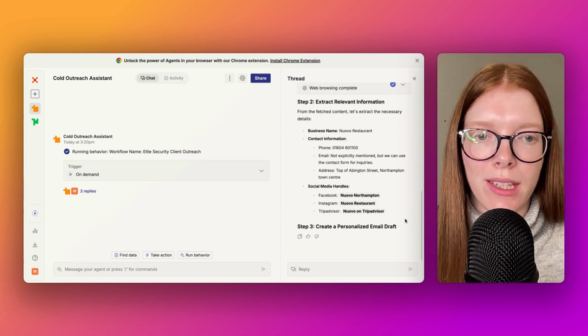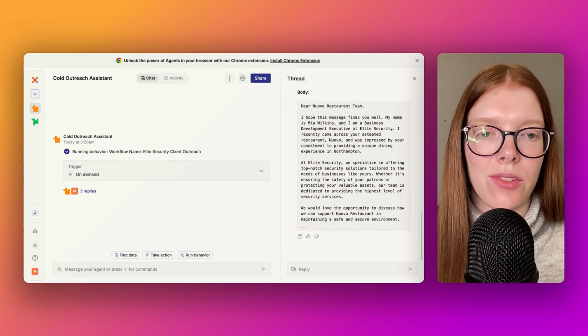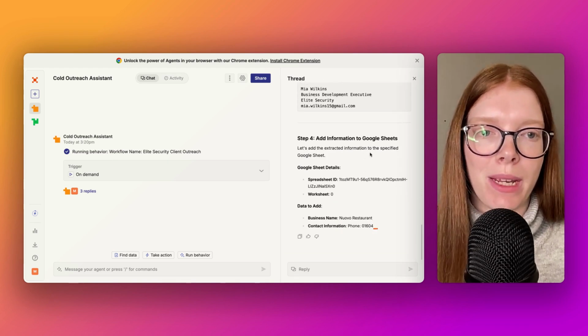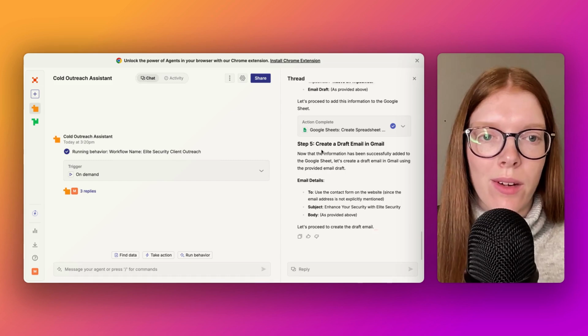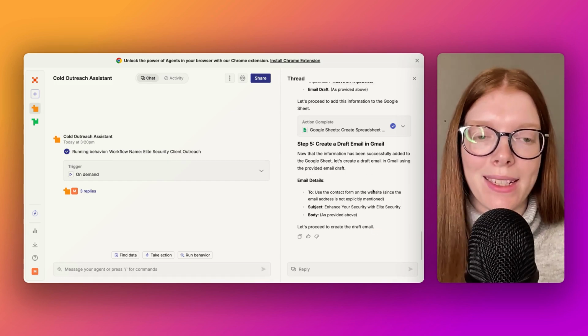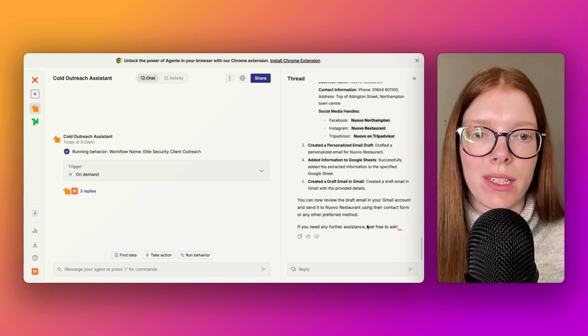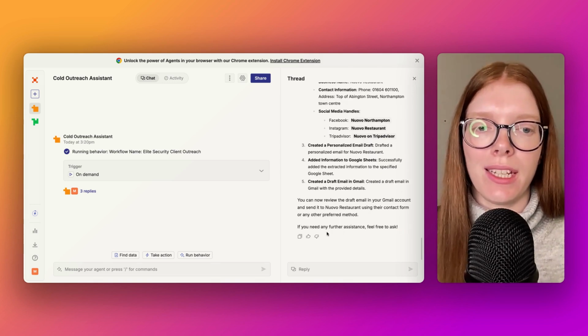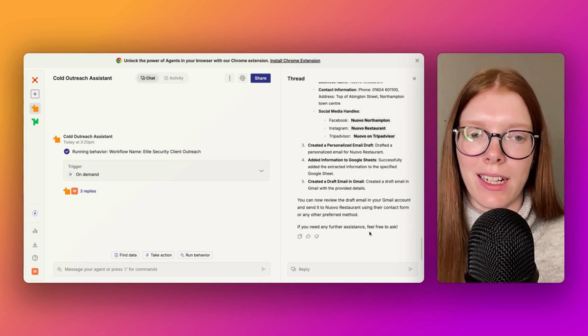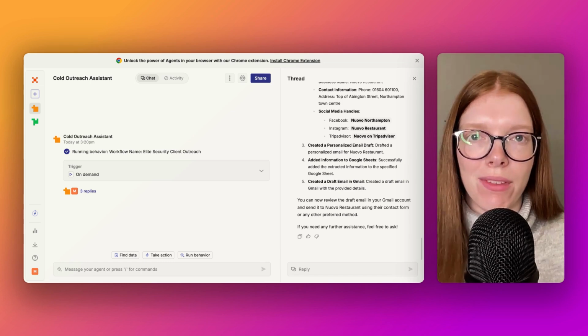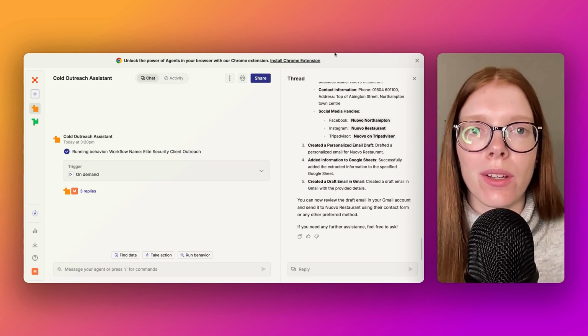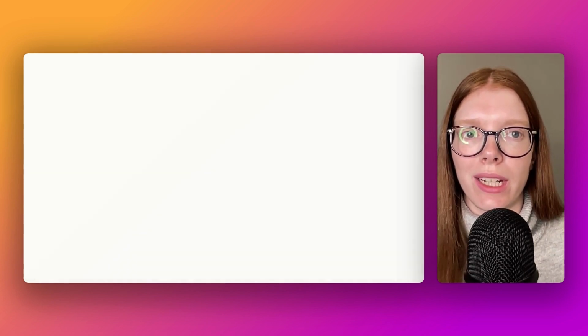Now it is extracting the information, crafting the draft email, adding the information to the Google Sheet, now creating a draft email in Gmail. The action is in progress, and now it is summarizing exactly what it has done. If you need any further assistance, feel free to ask. So now we can check if this has actually worked. So if we head to our Google Sheet, our cold outreach lead info,